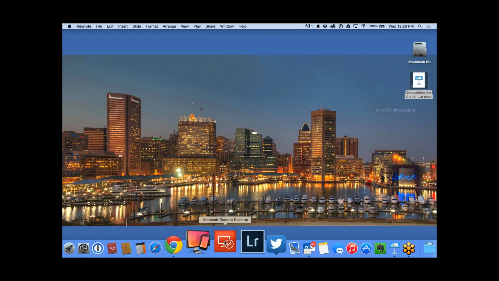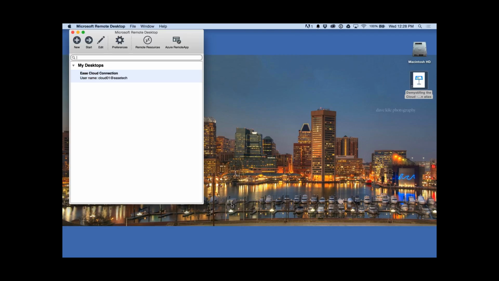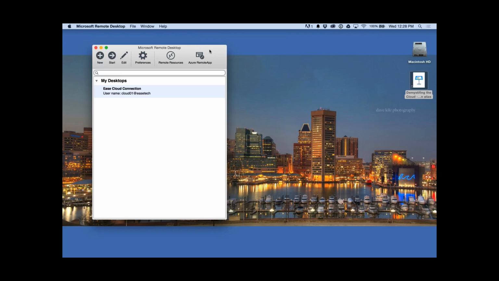Do you want to explain what that is as an application? Yeah, this Microsoft Remote Desktop is actually built into probably everyone's computer that they're viewing this on right now. It's a component that allows you to connect to a remote service. Now, this one here is just downloaded straight from the Mac Store, or the Apple Store in this case. Free download provided by Microsoft, and it's a really lightweight program, really easy to use, as you can see here. And what we're going to do right now is I'm going to launch this.